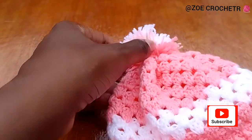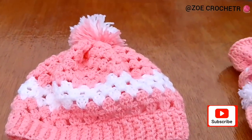Okay, now without further ado, get all your materials set, and let's make this baby's hat to match this